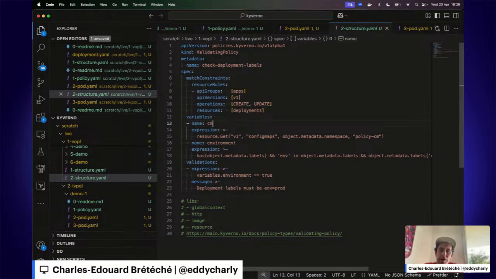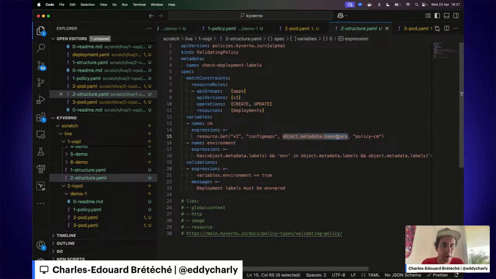We have one variable with the name cm, and this variable will be initialized with resource.get, which is a Kyverno-specific extension on top of the CEL language. So we have a lib that can fetch resources from the underlying cluster. Of course, you have to give it the API version, the resource, a namespace, and the name.